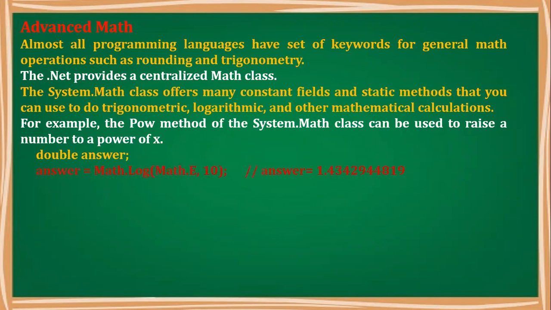Then you can find out the answer with the methods. For example, we are using the Math.Log method. So Log of the number to the base 10, you will get the answer. That answer we have stored in a double because the fractional and decimal digits are sometimes many. So we generally use the double data type, not compulsory, but whenever you feel it is better.